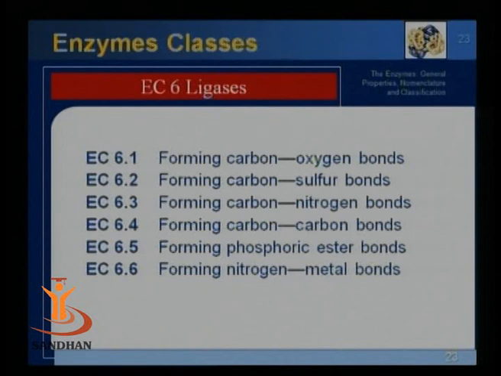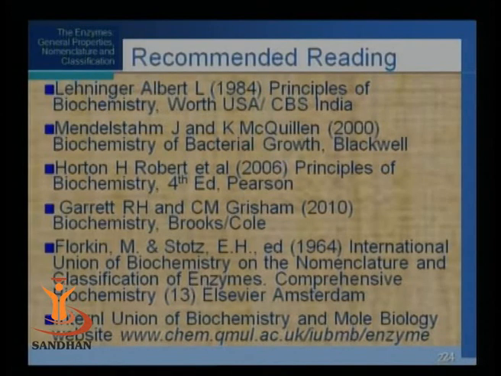If the enzyme commission number is 6.1, then they will form bonds between carbon and oxygen. If it is 6.2, they will give carbon-sulfur bonding. If it is 6.3, they will form carbon-nitrogen bonding. If it is 6.5, they will give phosphorus ester bonding. And if it is 6.6, then they will form nitrogen-metal types of bonds. So these are some various examples of the exact names,